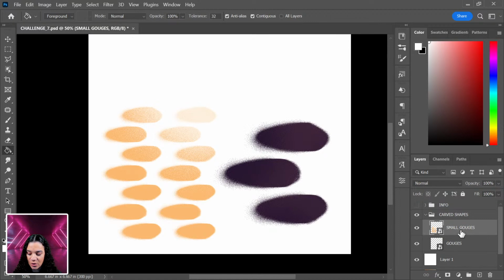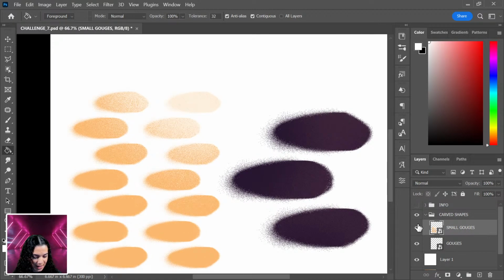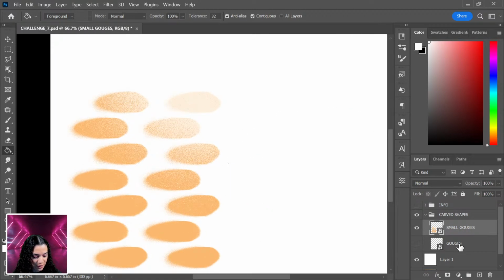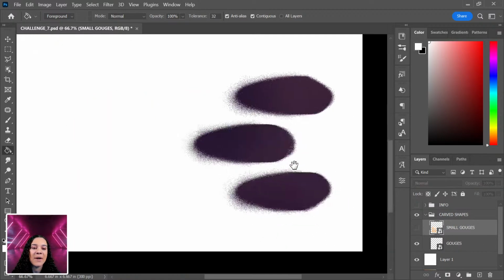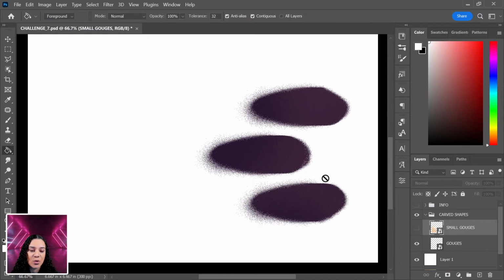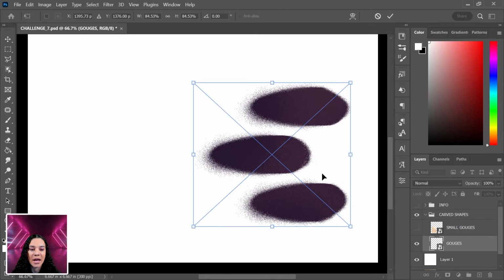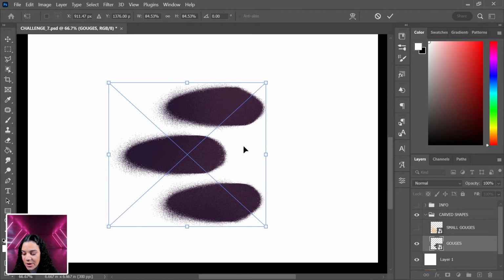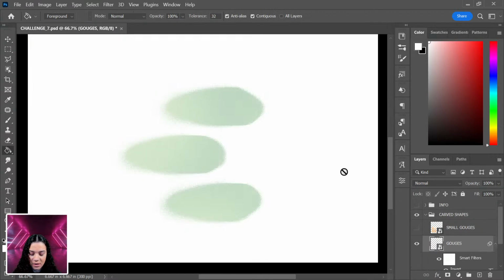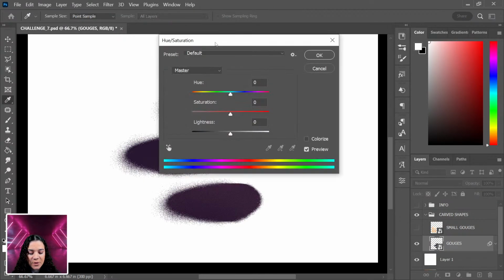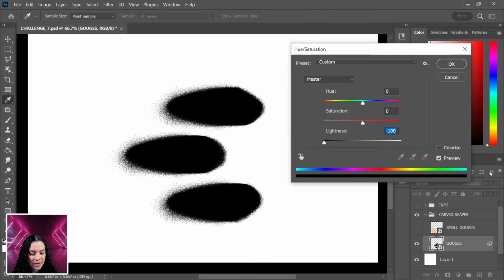And what these will do, I'll go ahead and make a brush right quick for you folks. Maybe we'll do the big gouges. I've got this shape, and this is going to be something that we use to really simulate a vibe like somebody has taken a tool and carved it out of a material. And what I'm going to do with this is Control-U to open hue and saturation. And I'm just going to crank the lightness down all the way to black on this